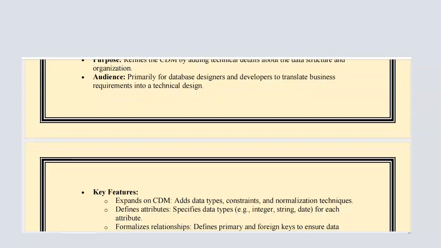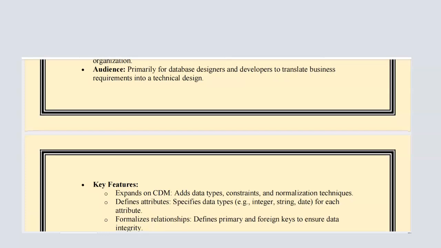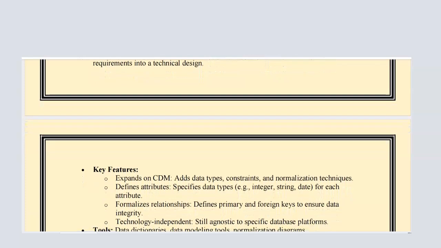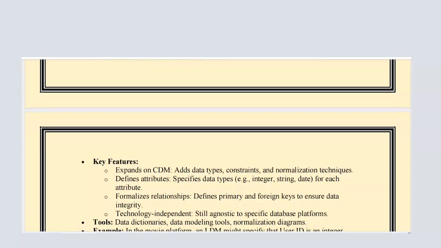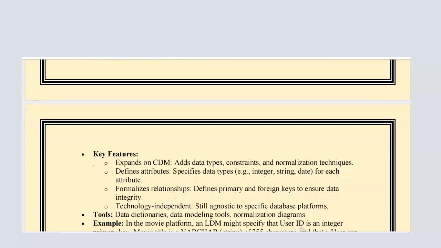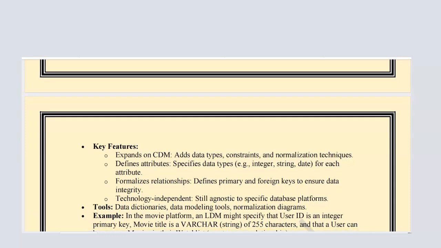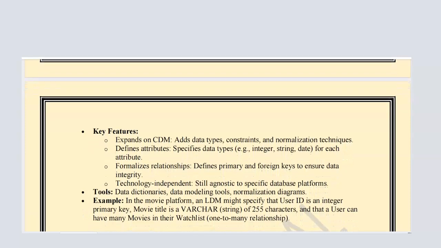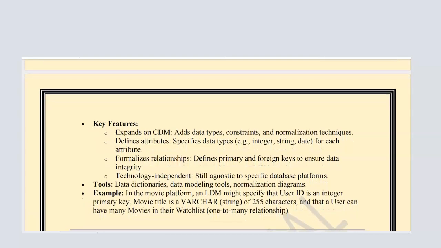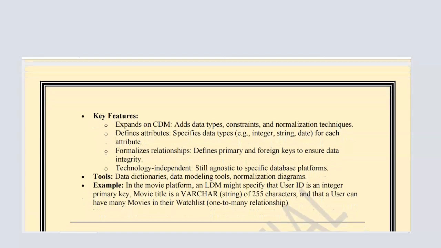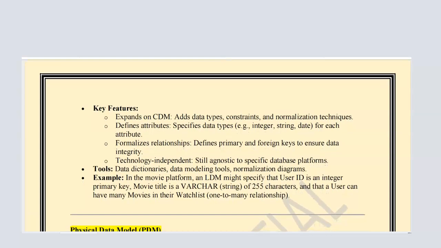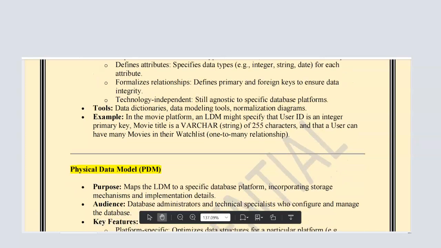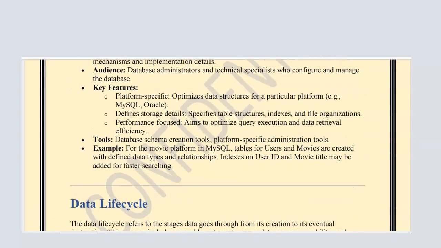So the last one is a physical data model, whose purpose is to map the logical data model onto a specific database platform, including storage mechanisms and implementation details. I would recommend that we go straight to